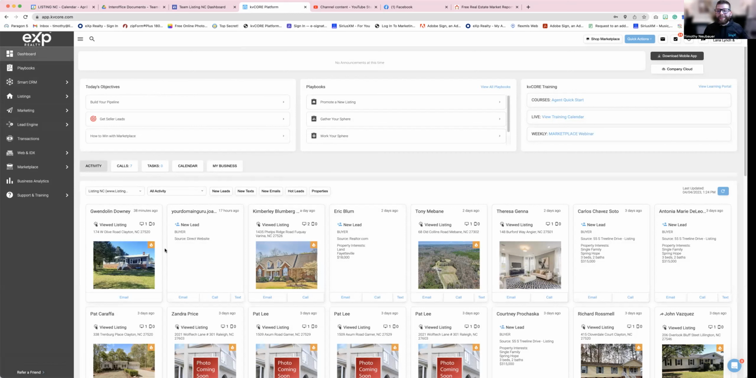So I need to call Gwendolyn and say, hey, Gwen, I see you're looking at this property. It looks like it meets all your criteria of what you're looking for. 279.9, 3-bed, 1.5 bath. Do you want to set an appointment to see it? I'm available this time. And be assertive, be on top of it, really get in front of these